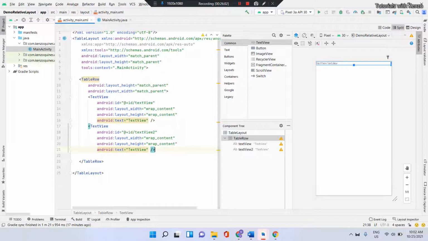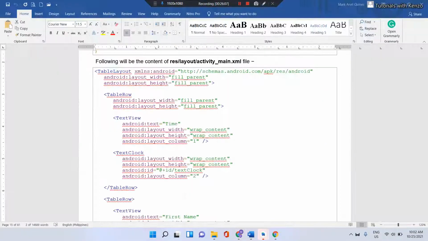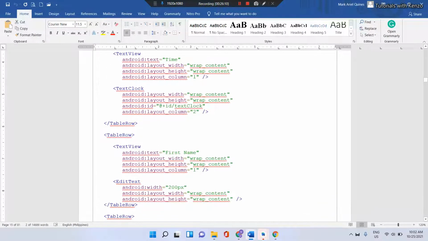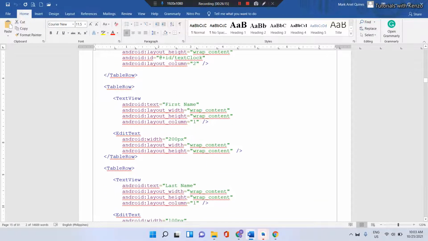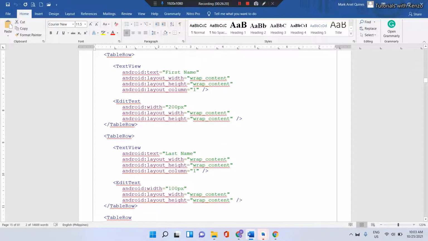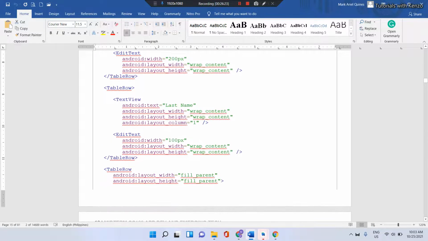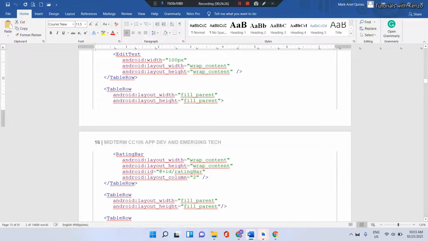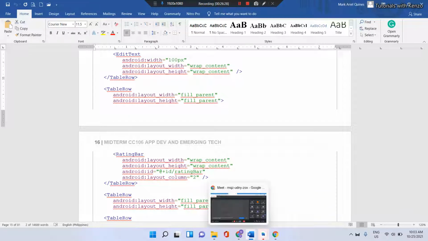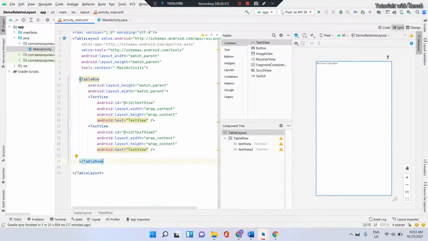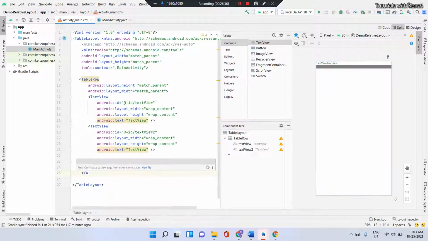And then another table layout. So this is just my guide. So another table row which contains first name, edit text, then last name, edit text, and then rating bar. So that must be outside. Table row, then